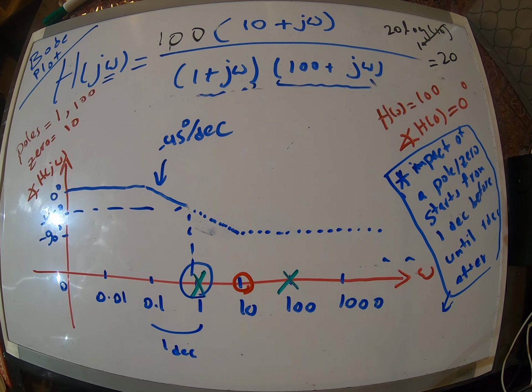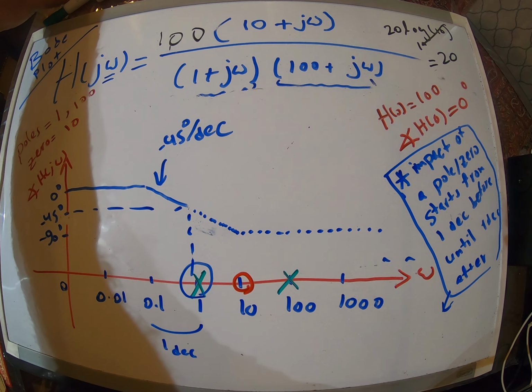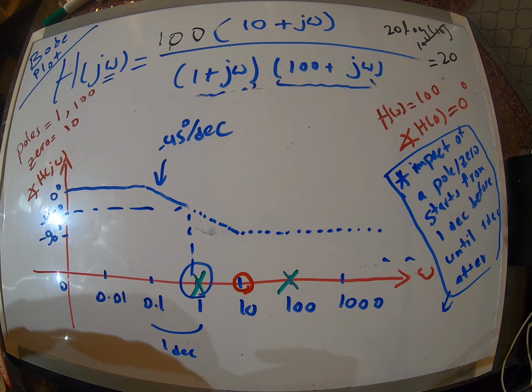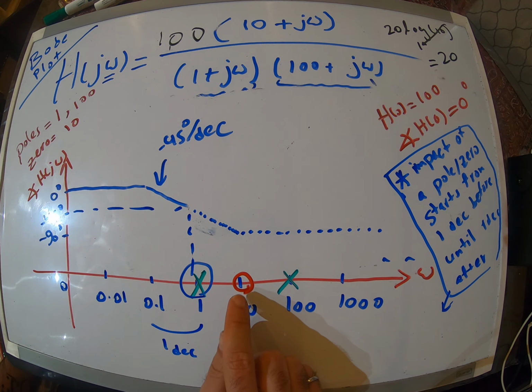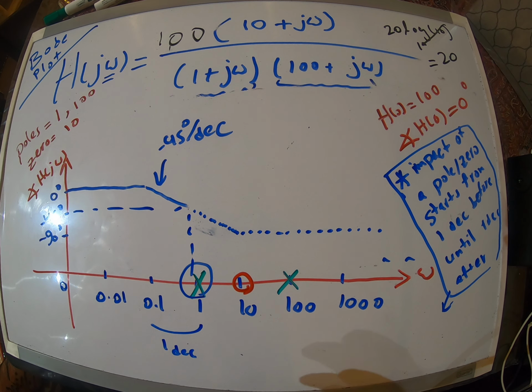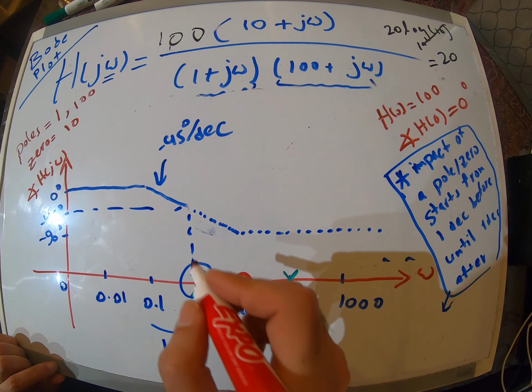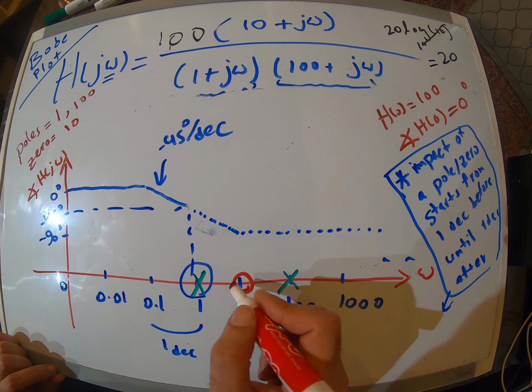Okay? But what happens here is that we have a 0 here. What's the impact of a 0? Exactly the opposite of the impact of a pole. Okay, so what's going to happen at this point? It means that the impact of it is going to start